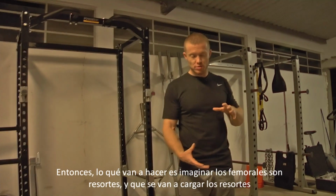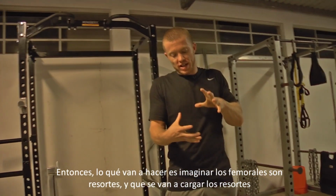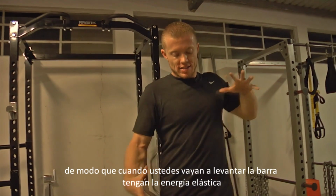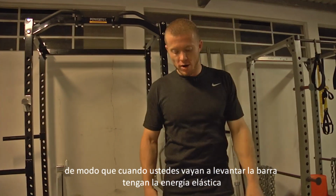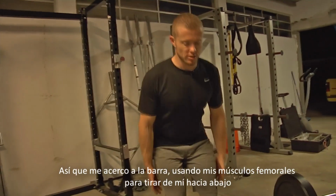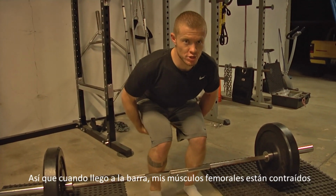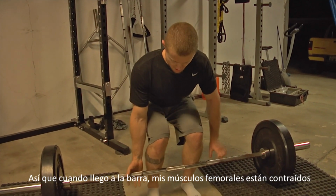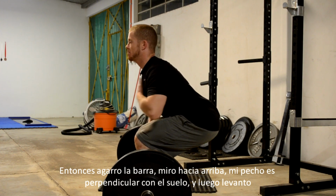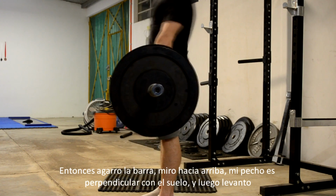So what you want to do is imagine your hamstrings are springs, and you're going to load the springs, so when you go to do the deadlift, you have that elastic energy and you're going to explode back up with the bar. All right, so as I'm going down to the bar, I'm using my hamstrings to pull myself down. So when I get right here, my hamstrings are nice and tight, all right? I grab the bar, I look up, okay, I have my chest perpendicular with the floor, okay, and then I pull,